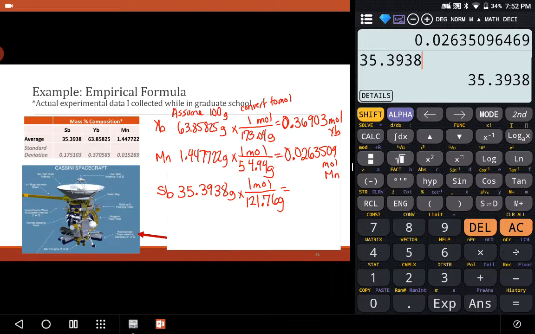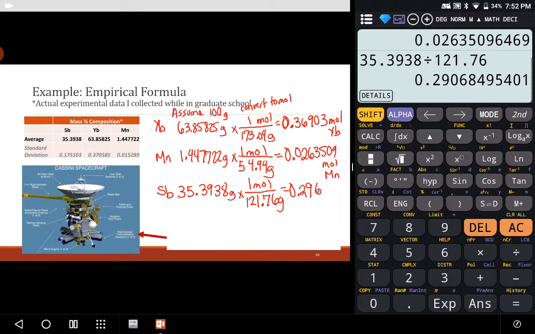35.3938 divided by 121.76 is 0.29. It's supposed to be a 0 first. 0.68495 mole of antimony. Now, these are really ugly mole amounts, but our subscripts in our chemical formula do relate